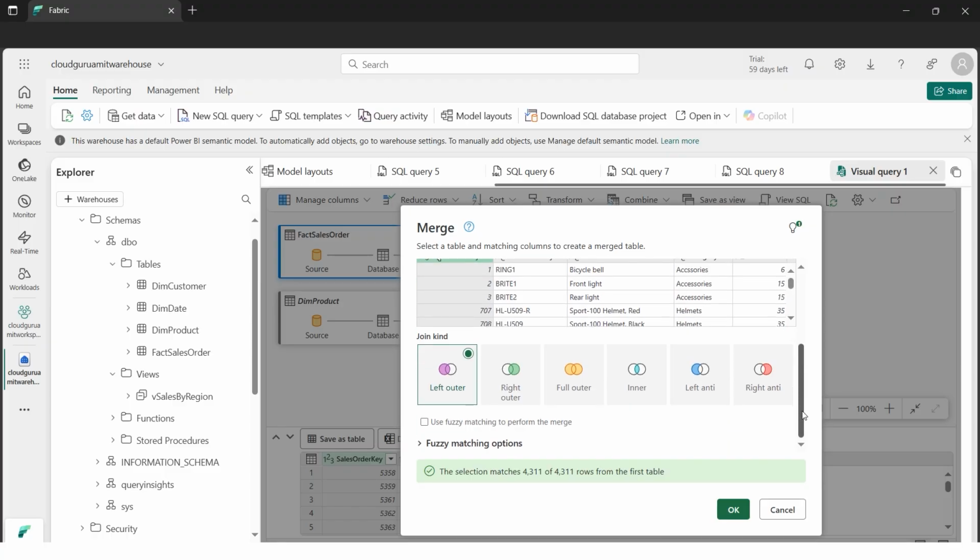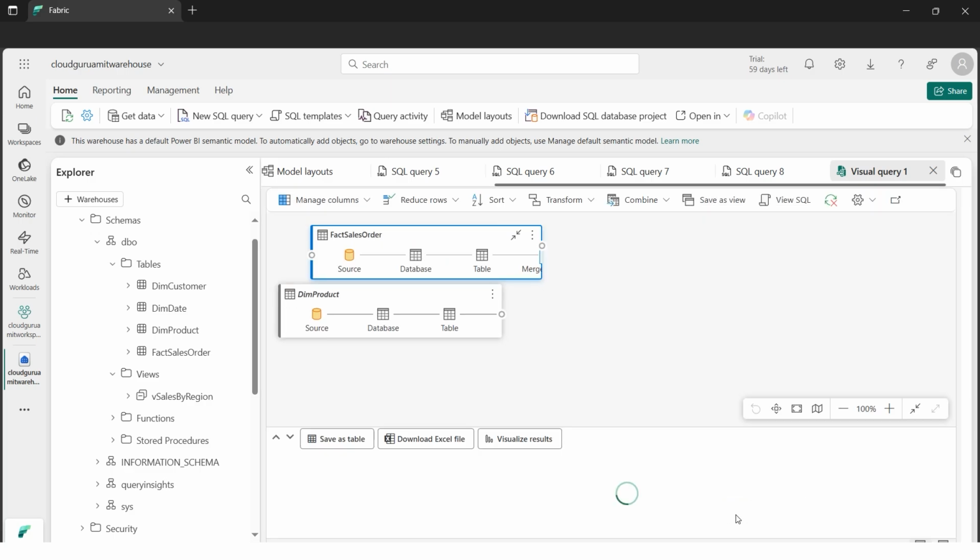By default, the different kinds of join we have, just like in a relational database, right? Inner join is nothing but the common factor for the tables. Left join is where all the values of the left table, including the common factor of both the tables, will be populated. So that's what is called the left join. So let's keep it as it is. I'll hit OK and let this operation